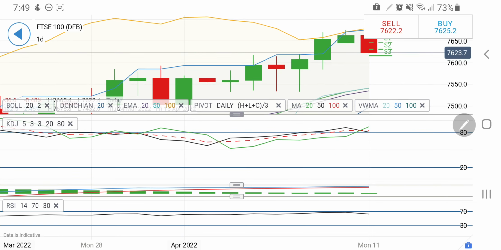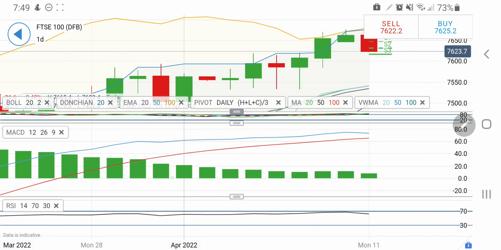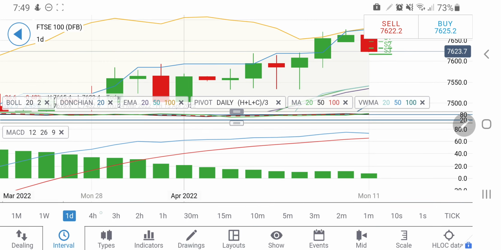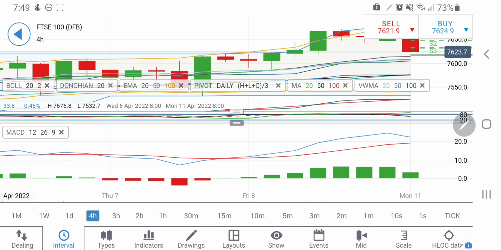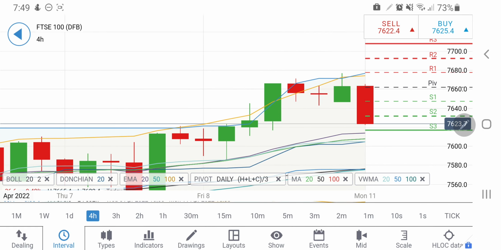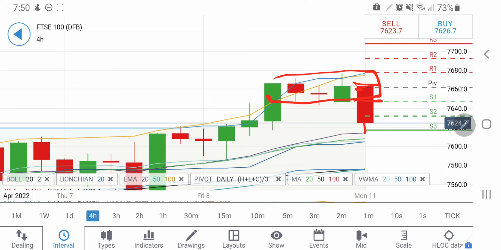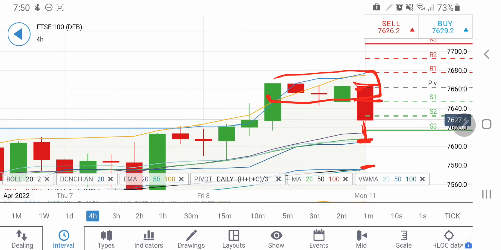It is overbought on the daily stochastic, and the drop is a must. MACD is trying to converge from here. Now looking at the 4-hour charts, it is getting strong resistance in the 7,680, 7,660 zone, and now it is trading with a drop. So the only long entry one can take is above 7,660, where you can expect it to rise. Till the time it is below 7,660, the next supports at 7,610 and 7,580 will come into the picture on the downside.